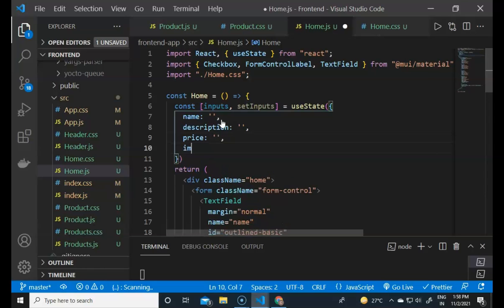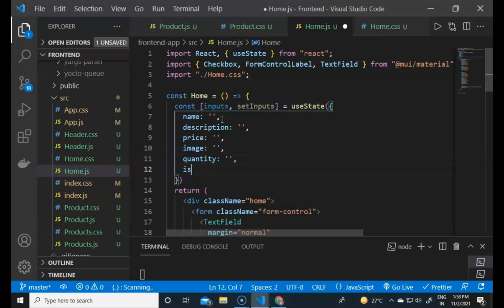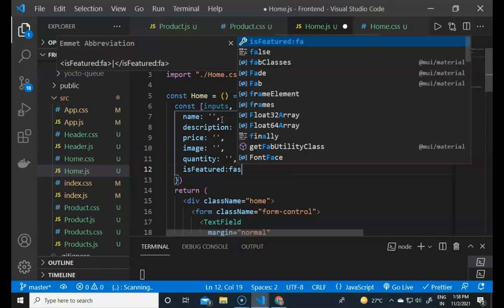Then we define the image, and the image URL will contain a blank string. Then the quantity will be blank again, and then we define isFeatured, which will contain a boolean value, true or false. So it will be false by default.